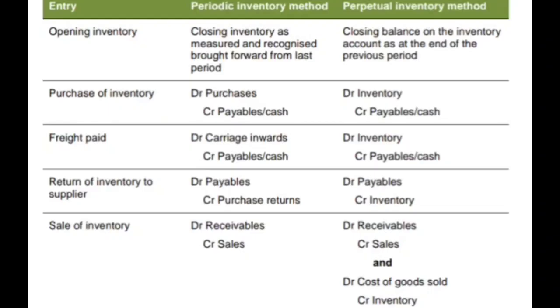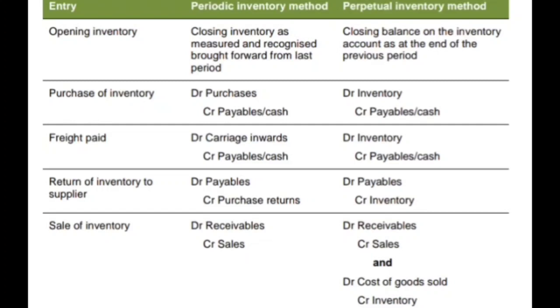So let us take a look at the entries under both of these systems. First of all, opening inventory. In the periodic inventory system, the opening inventory shall be the last year's ending inventory balance. In the perpetual inventory method, the opening inventory shall be the closing balance of the inventory account in the previous